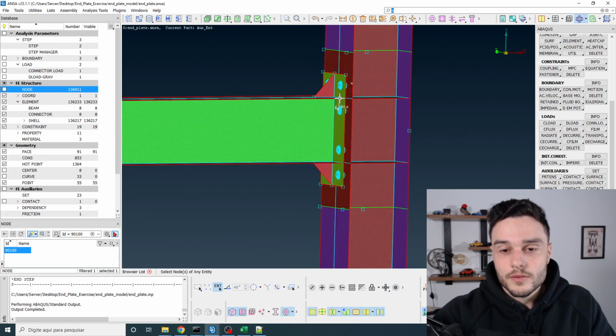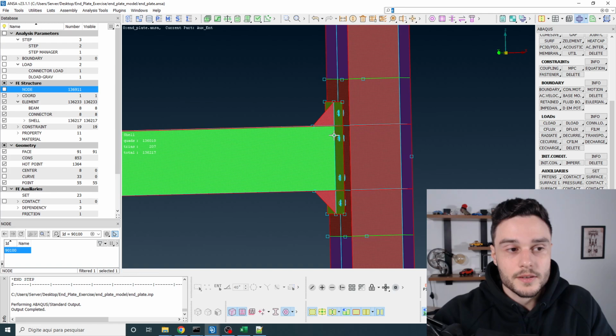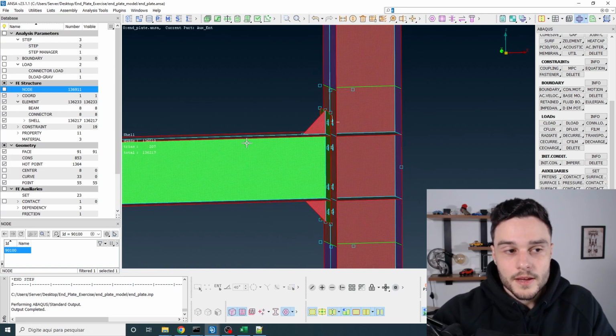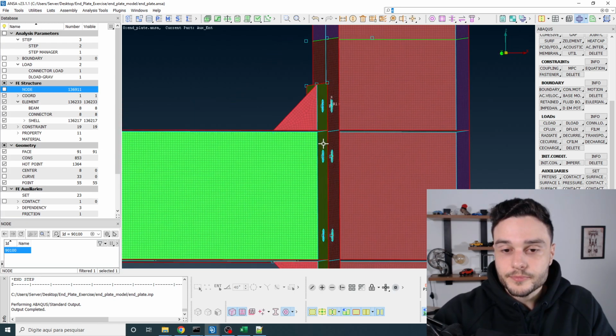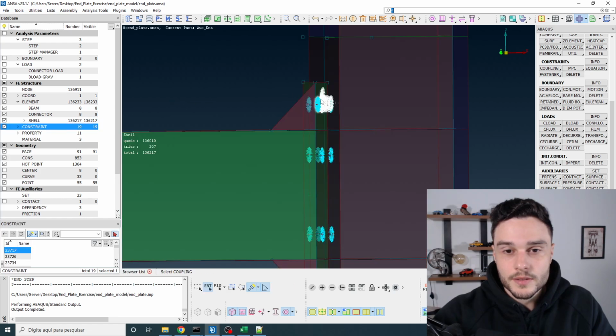This is an issue that I faced for a long time. So this is an issue that I know. And sometimes I commit this error. There are some ways to fix this. The first way is to, instead of using a kinematic coupling, because you see, if I go to constraint, click here,